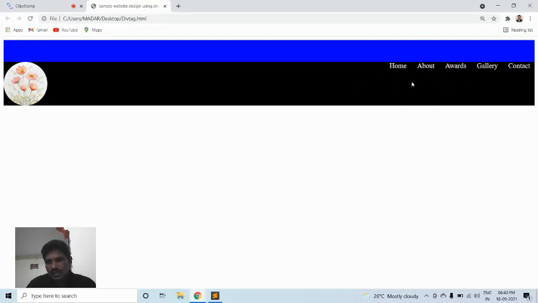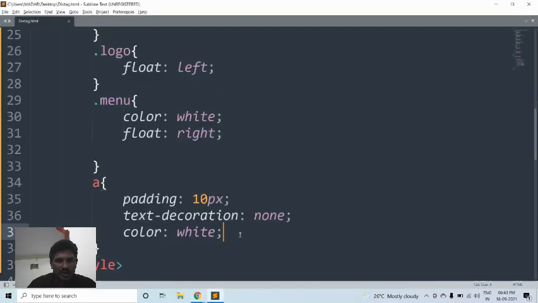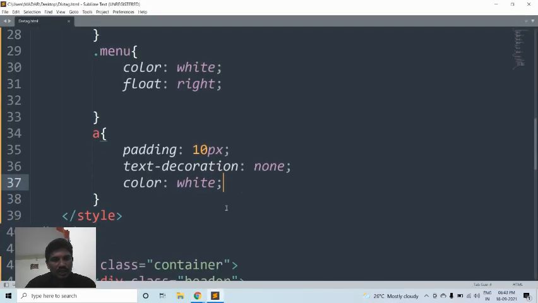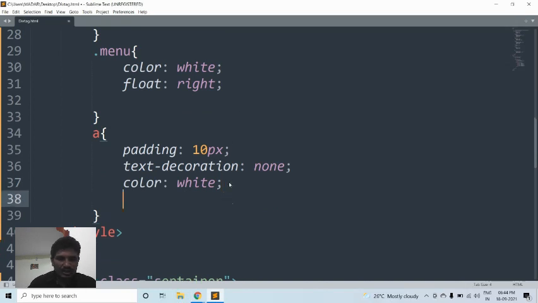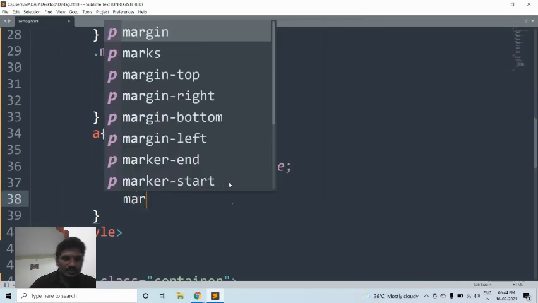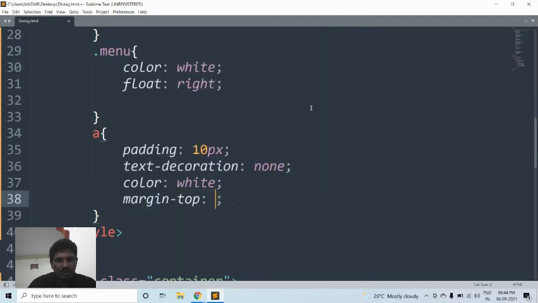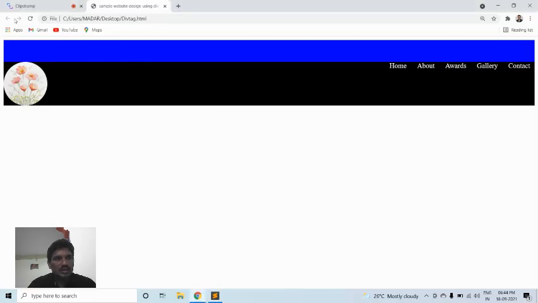Then if you want to put this one, you can use the padding over here, top. Then what should I do here? The margin of 10 pixel. Then I would like to see over here.